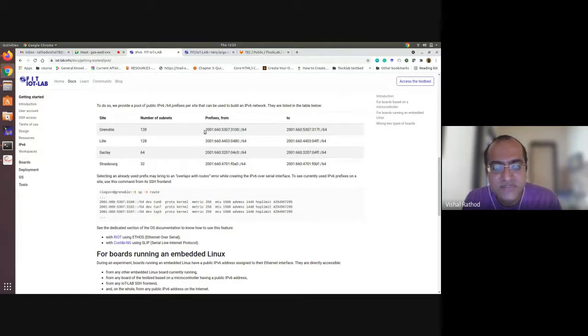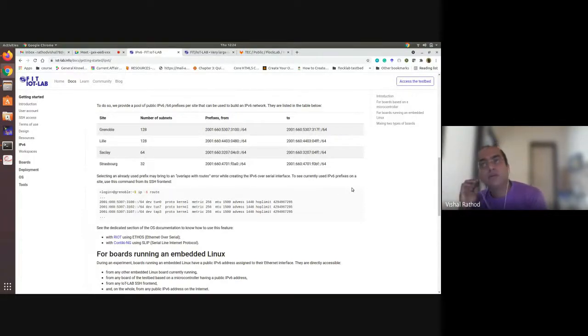The prefix is fixed, 2001:660:5307, like this, and the subnets 3100 to 317F like this. So the premises prefix address is fixed for particular sites. If you want to access the node, you have to use this public IPv6 address, and then after that you can access it.